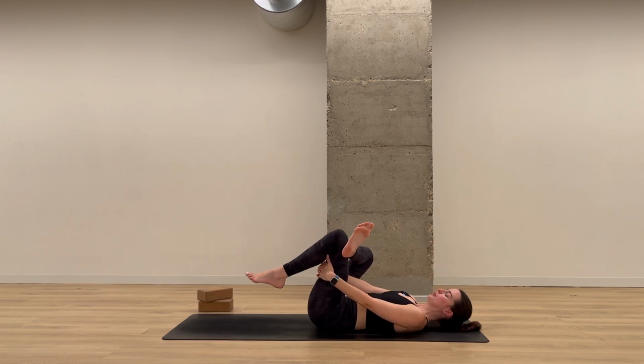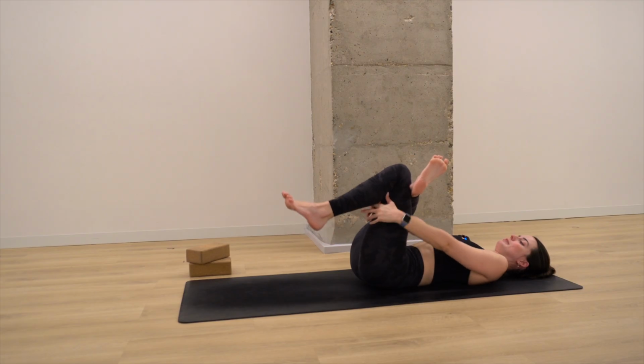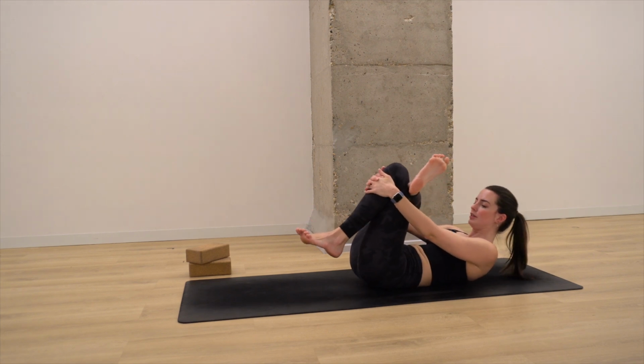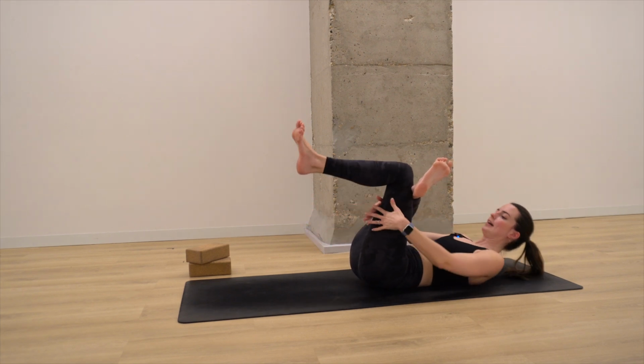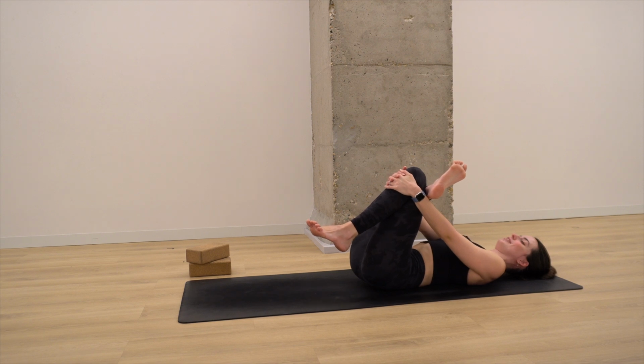Option 1, release the shoulders down to the mat. Gentle flex of the right ankle. Option 2, a little bit more intense, grab underneath the left knee. If you find that while you're here, your shoulders are lifted, just take it back to the back of the thigh. Again, shoulders down. On your next exhale, can you press the right knee away from